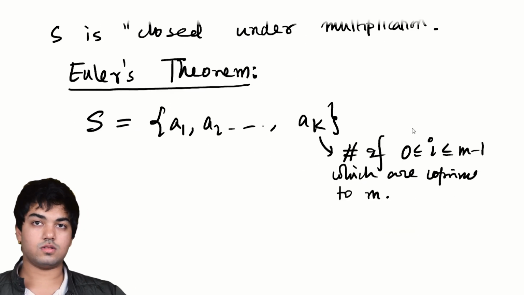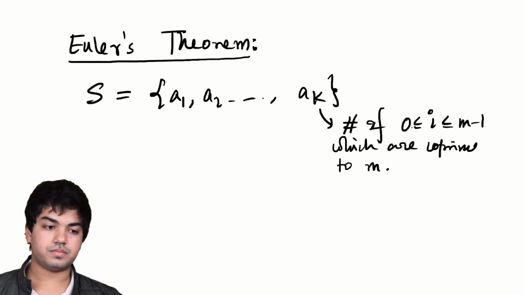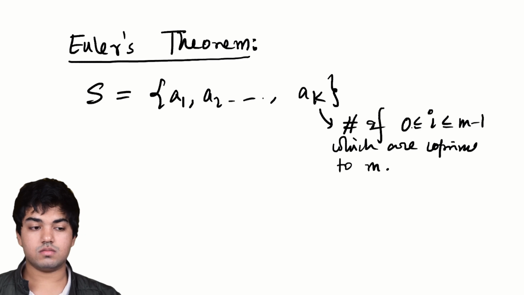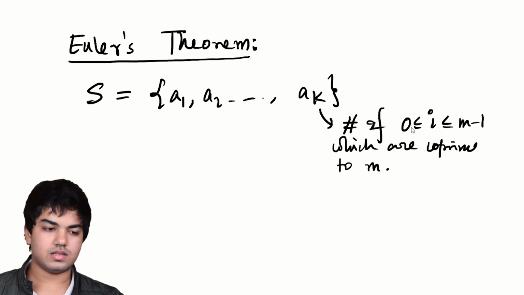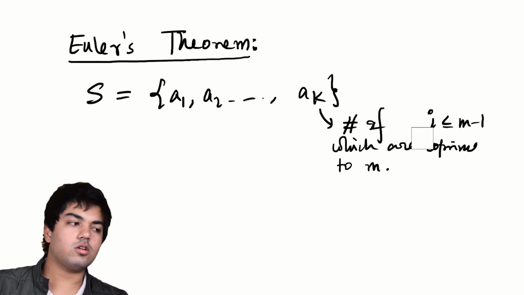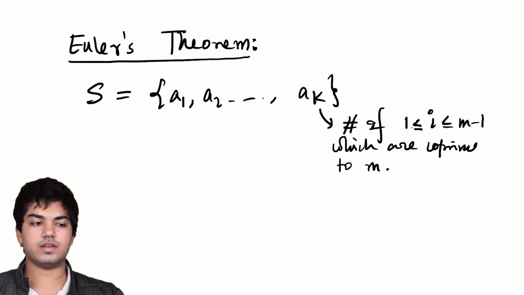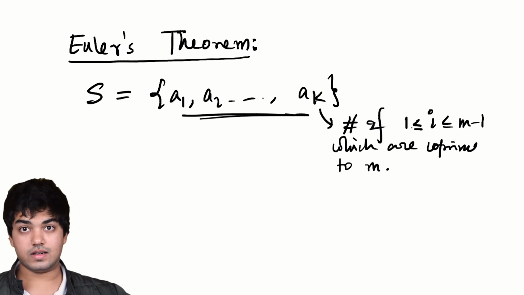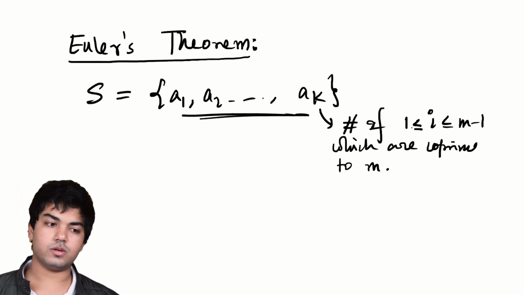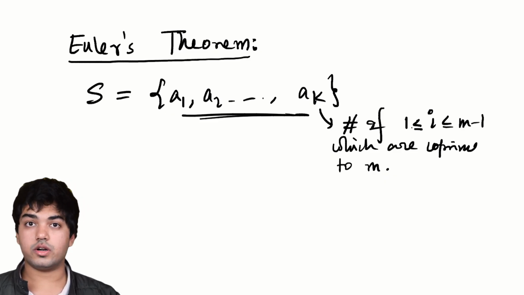For those of you who already know this result, you might have made a connection by now. It's the number of numbers from 1 to M minus 1 instead of 0. So it's only a slight technicality. It's really nothing to worry about. Obviously, 0 is not in this set. A number is 0 mod M if it's divisible by M, so obviously it's not going to be co-prime to it. So we're fine anyway. It's the number of numbers from 1 to M minus 1 which are co-prime